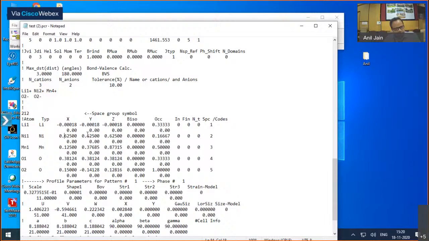and as I told you, this general site is 24. Multiplicity of general site is 24. So if I divide 4 by 24, what I get is 1 by 6, which is the occupancy for this nickel, which is given by 0.1667. Now, similarly for the manganese,